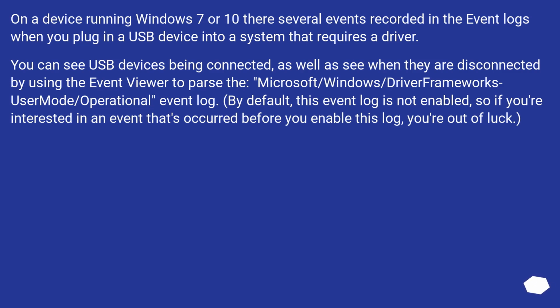On a device running Windows 7 or 10, there are several events recorded in the event logs when you plug in a USB device into a system that requires a driver. You can see USB devices being connected, as well as see when they are disconnected, by using the event viewer to parse the